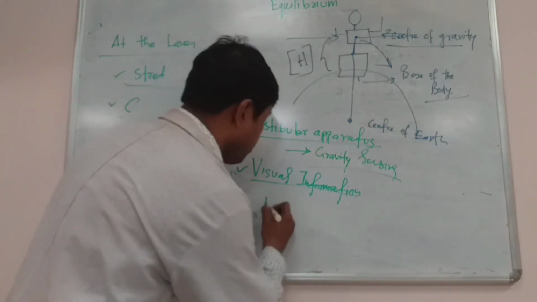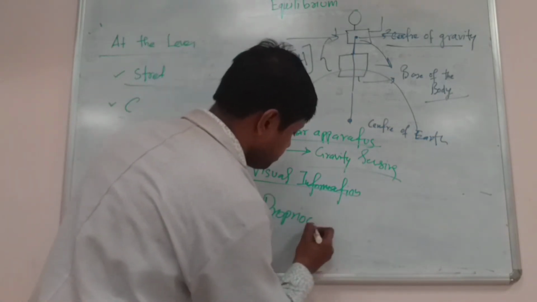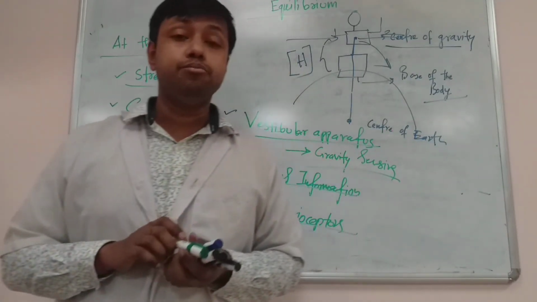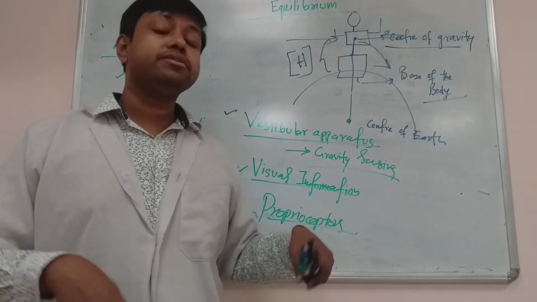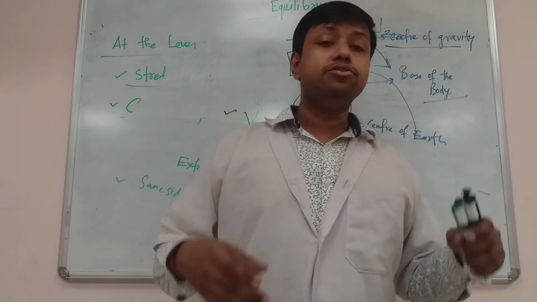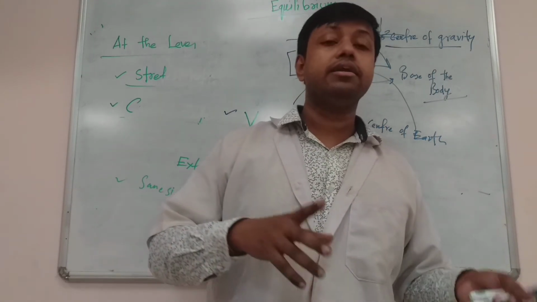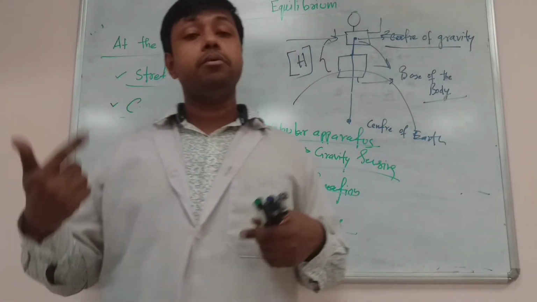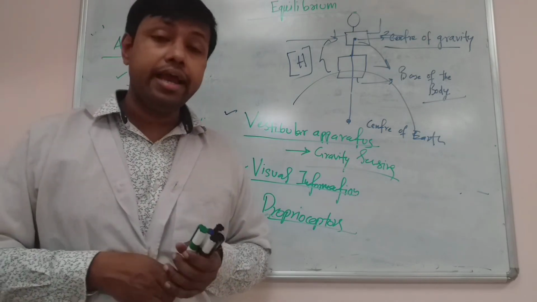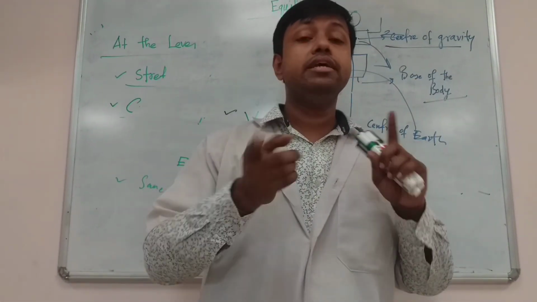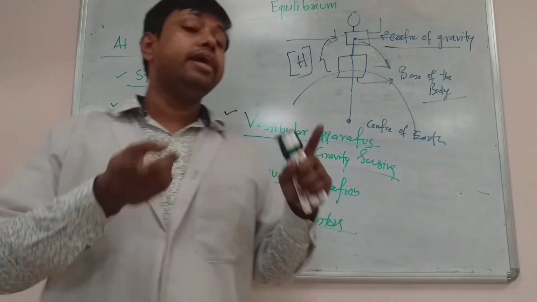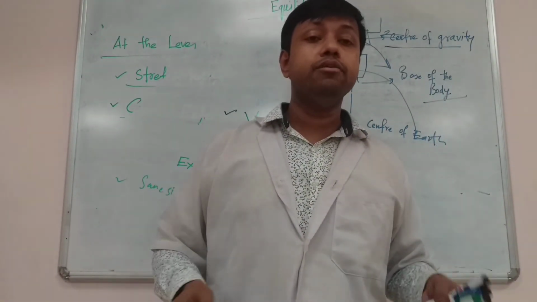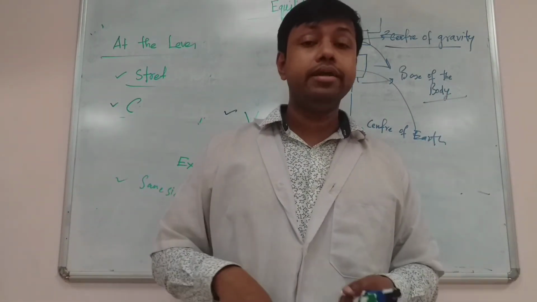Next important structure is proprioceptors. Proprioceptors are very important. Proprioceptors are present in the joints, muscles, and all those structures. So when the person is falling or undergoes destabilization from a particular equilibrium point, it will be sensed by joints and muscles, and they will give information to the cerebellum and the higher structures of the brain, and they will analyze it. All the information will be analyzed, and ultimately helps in stimulation of a particular group of muscles, and it will tell the position of the body in space or compared to the environment, and helps in equilibrium.